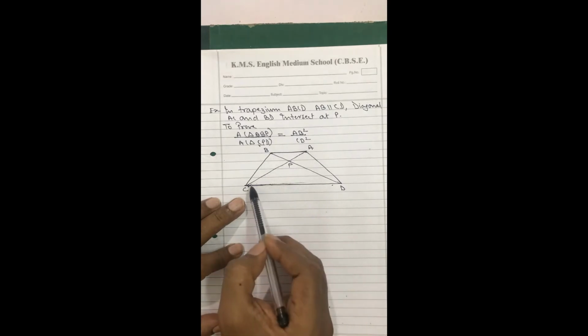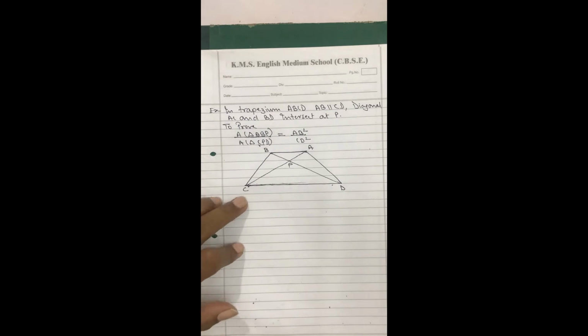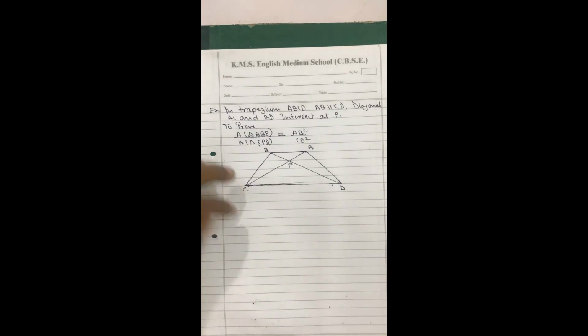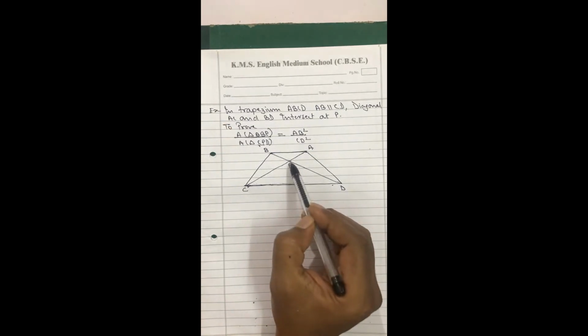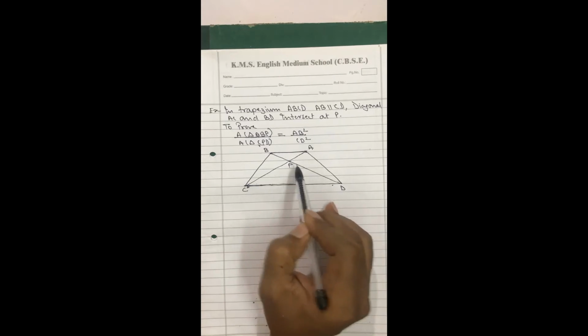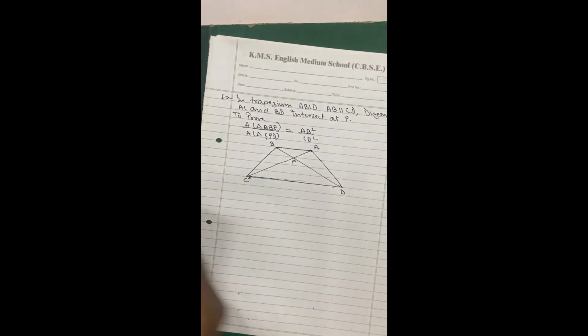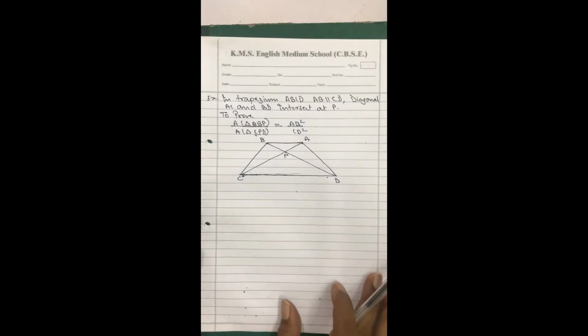The correspondence is actually wrongly written over there, but we will get it right, don't worry. AB square and CD square, we will get it right. The correspondence is wrong, my dear students. It should be ABP and then CDP. Here they have written in the question CPD, which is wrong correspondence. Don't worry about that, it will be taken care of.